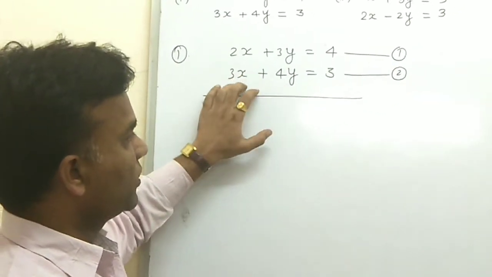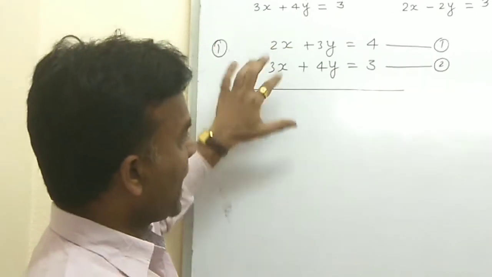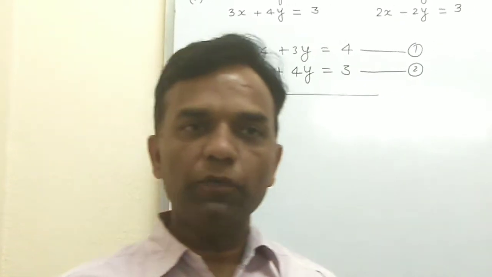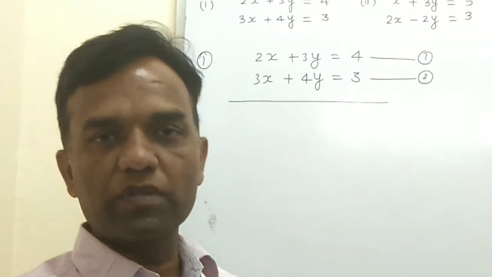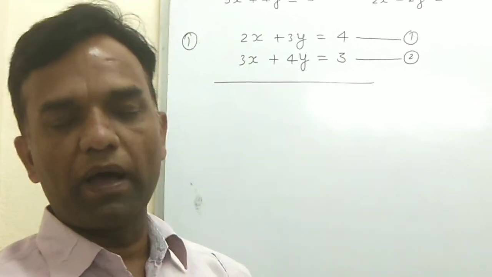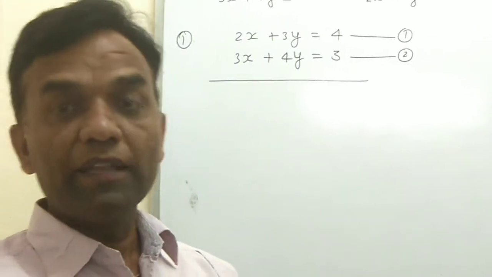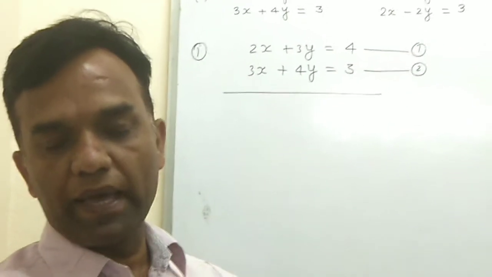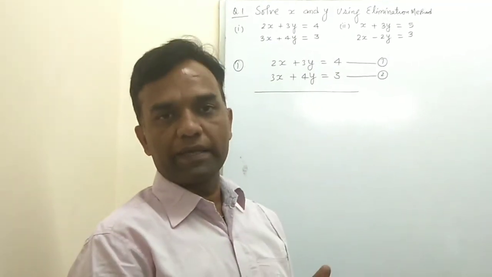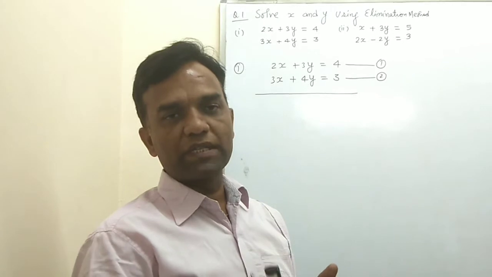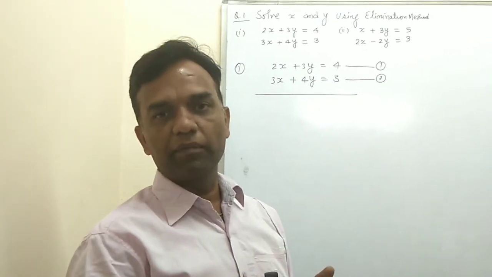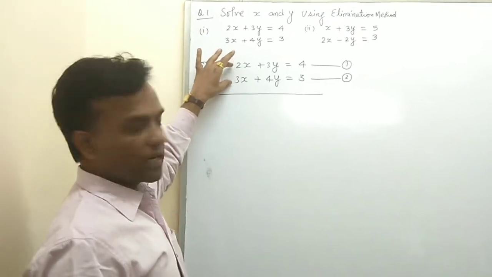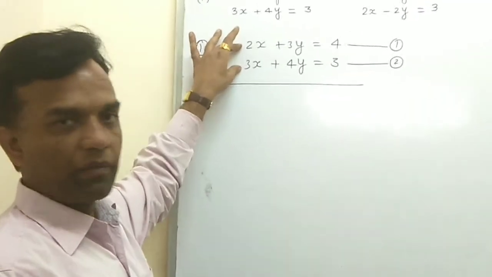then first you focus on your variables x and y. First you watch which variable has the same coefficient. Then it depends on the condition. If variable x has the same coefficient, or suppose y has the same coefficient, then only you consider that case. If the coefficients of x are the same, you can eliminate only x. You don't decide which variable to eliminate arbitrarily, because the concept is that only when the coefficients are the same do you use the elimination method here.